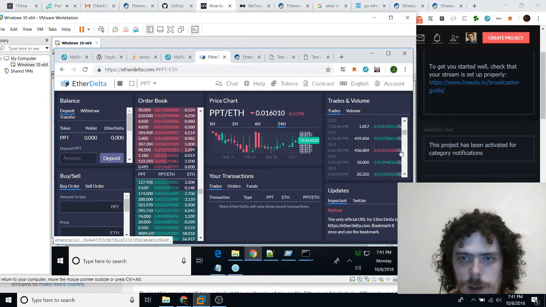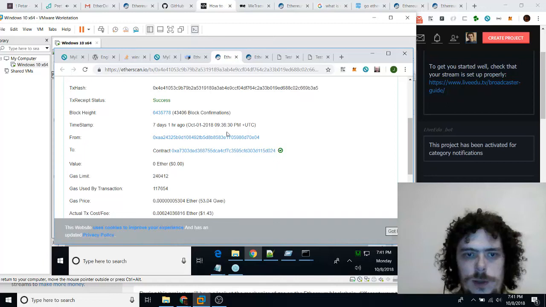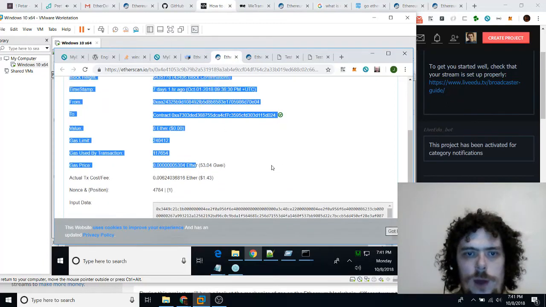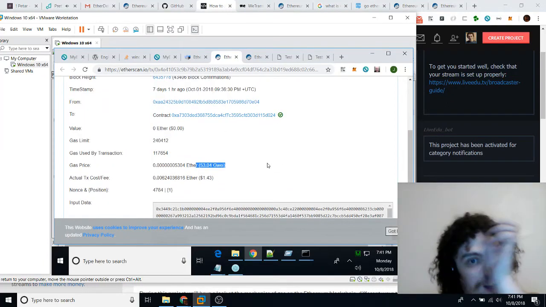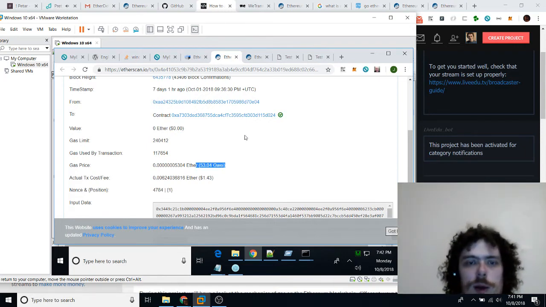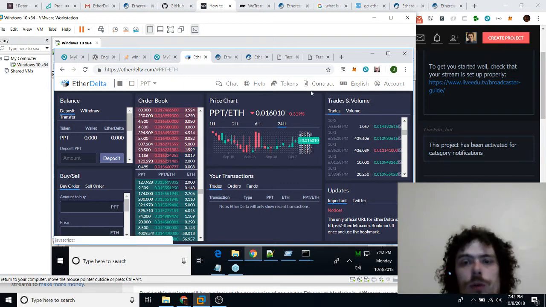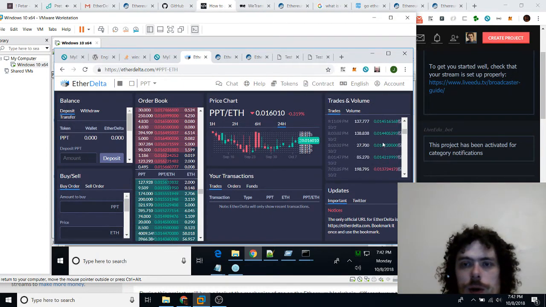This person bought and then immediately sold 436 worth. I wonder if that was an arbitrage move 7 days ago. This person paid a ton of Gwei, 53, to make sure that his was executed faster than everybody else that tried to execute on that order that existed. That was at a good price to make a little bit of money. So if I understand this correctly, he bought 436 at 0.0129 rather, and then sold it at 131. Unless he sold for a loss, I'm not sure. I'm not sure what the green and red means here.